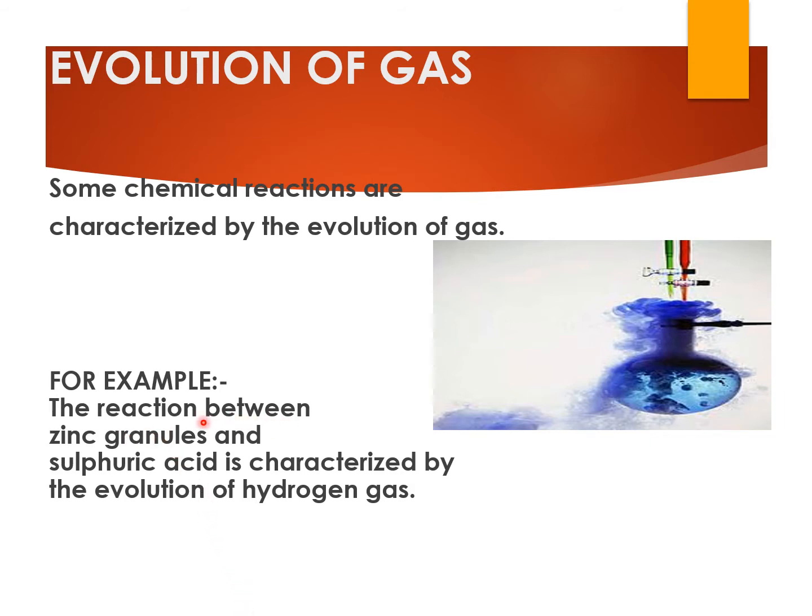This is the most common example which we do in our schools. We take a test tube or a round bottom flask, and in that we put a few zinc granules. After that, we put in dilute hydrochloric acid inside it, or dilute sulfuric acid also can be used. You can use either of the two acids. So, when you add sulfuric acid or hydrochloric acid in this round bottom flask, you start observing a few bubbles coming out, and those are the bubbles of hydrogen gas.